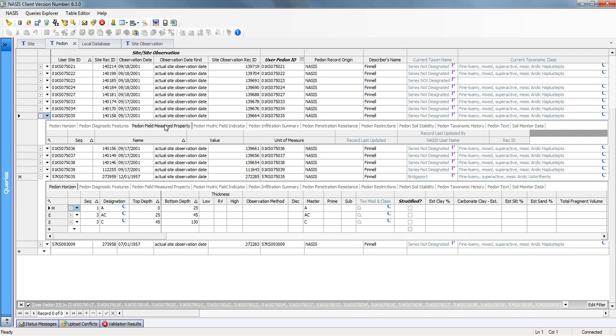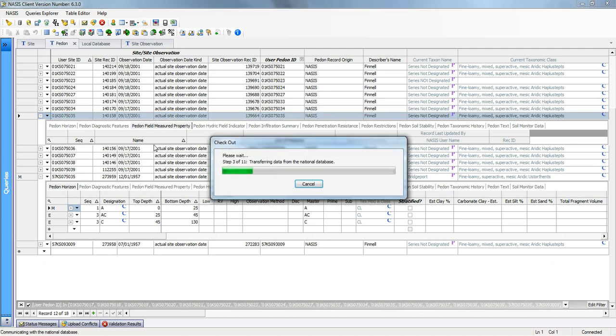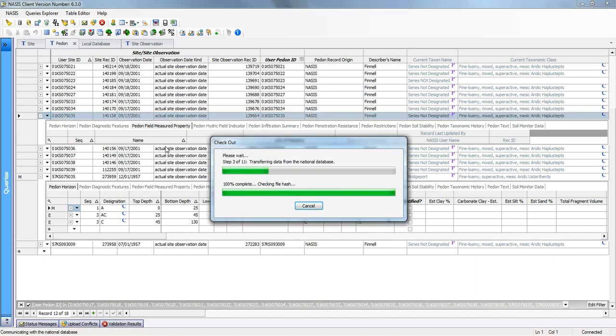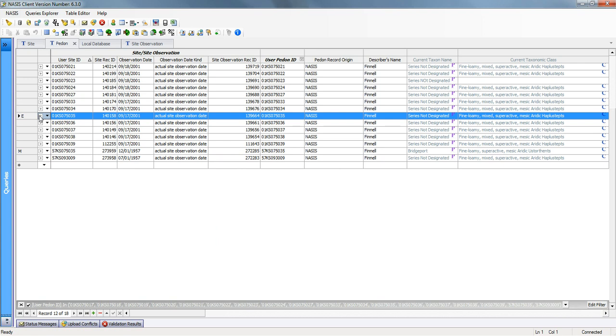You could come in here if you were measuring organic matter, you could literally create a name and say what I want, or I want to populate organic matter, and